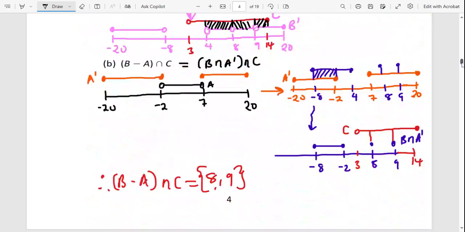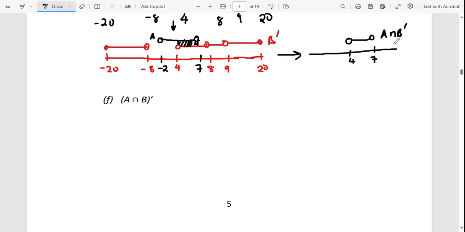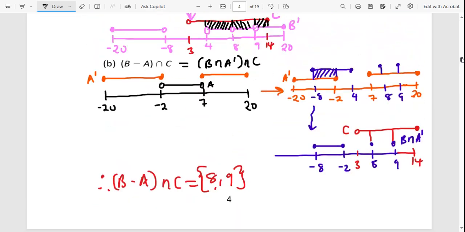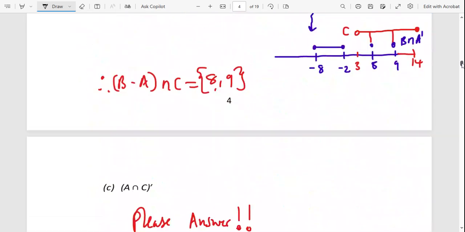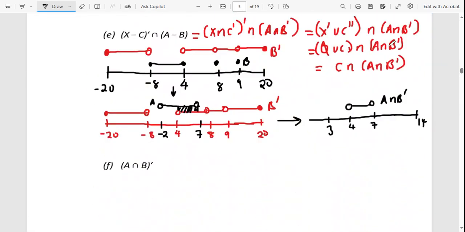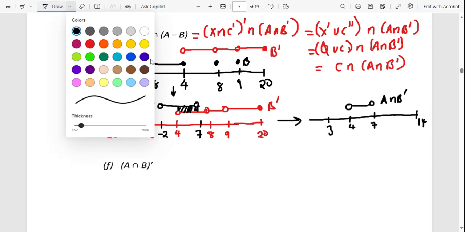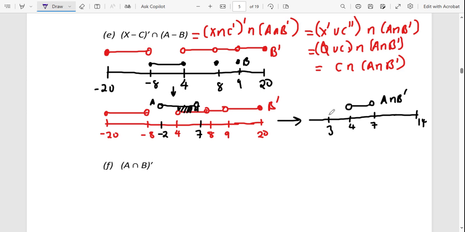The set C is from 3 to 14. What is being included? 3 is not included, 14 is included. That's a set C. So where are they meeting? It's basically from here up to here. That's the one. So we'll say therefore